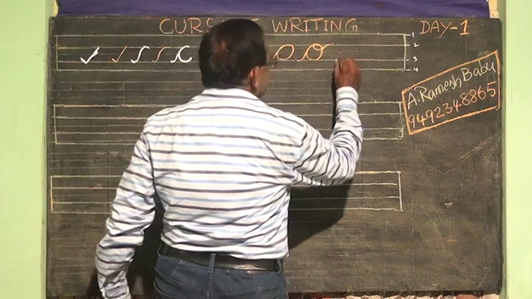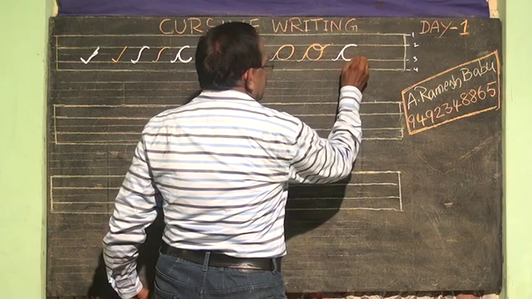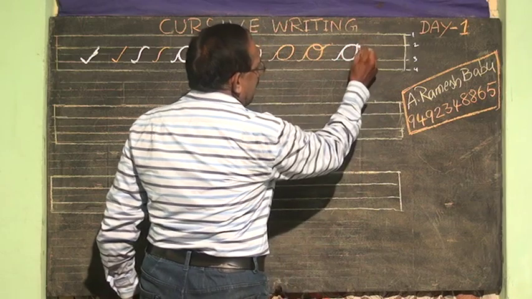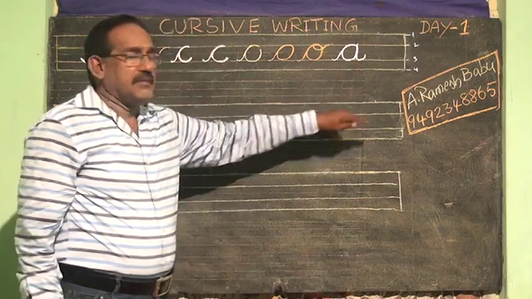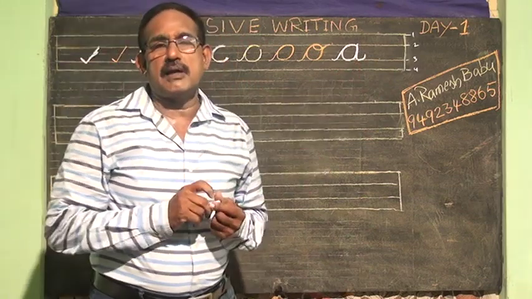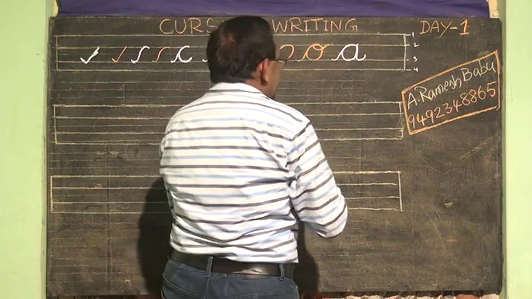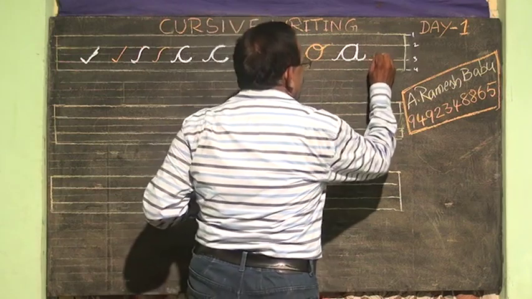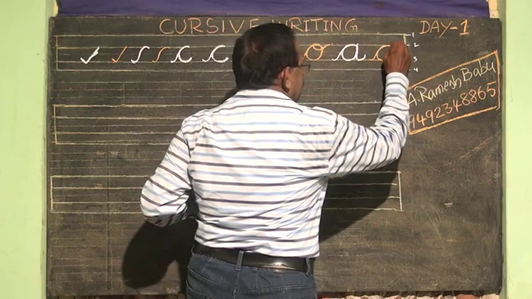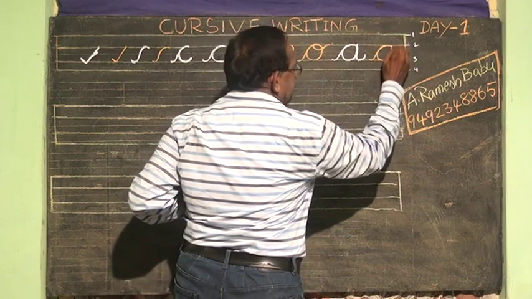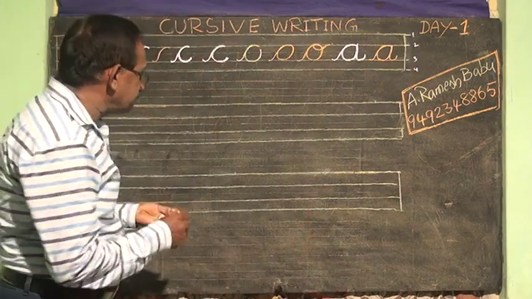How should you write small a now? This is the C, you know very well. Close it, make a circle and then come back on the same line, make a curve here. You should not lift your pencil. So without lifting the pencil, you have to write down the letter. Look here in this way. Draw the line, curve, and draw the line backwards and make a curve here. A. After that you write down D, small d.